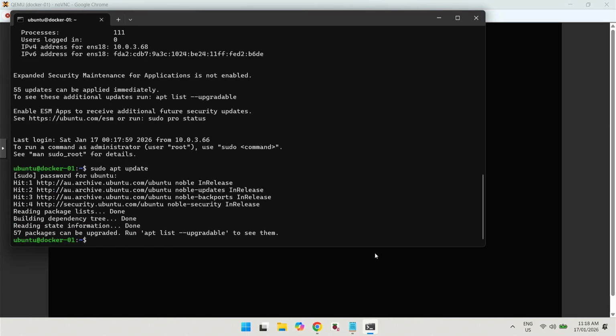So you can see there's 57 packages available to update, which makes sense because when they release the ISO, they don't perpetually update it. So when you install it the first time, you need to do your initial update. Now, before I run my update, first thing I'm going to do is install